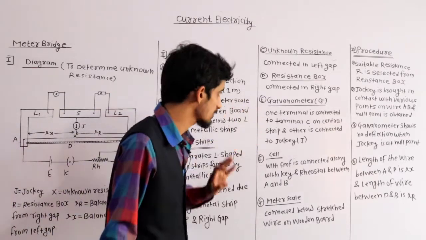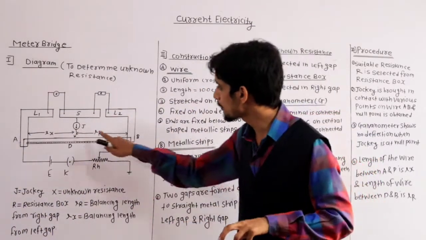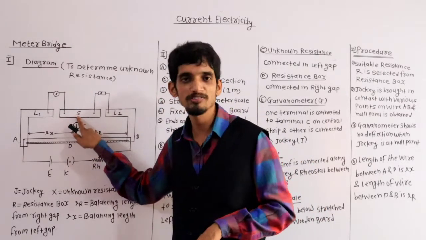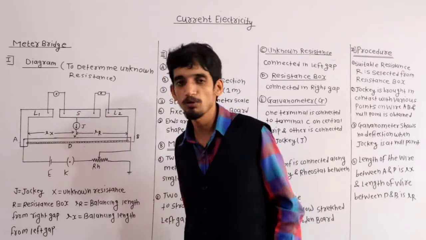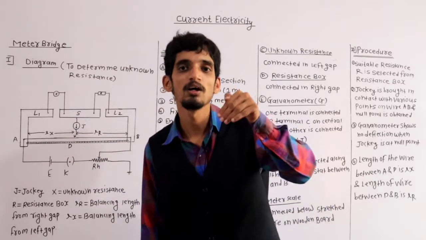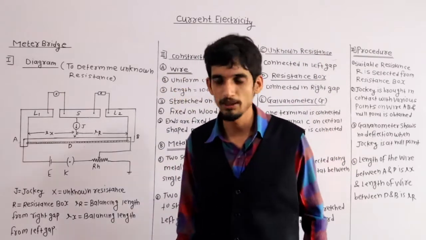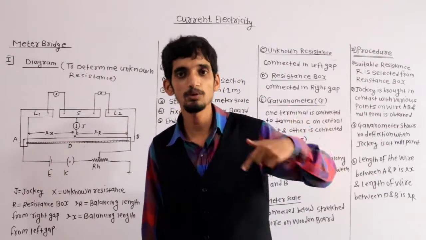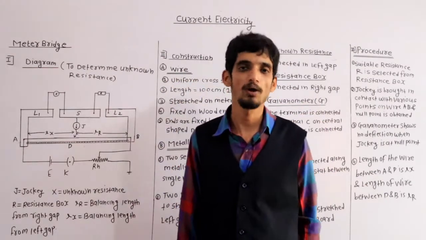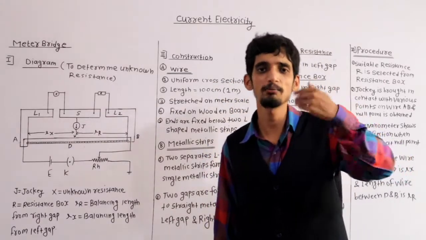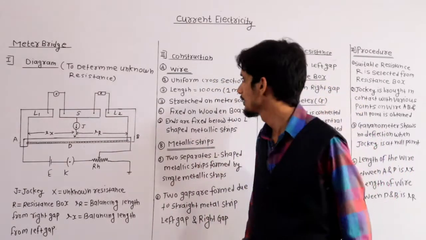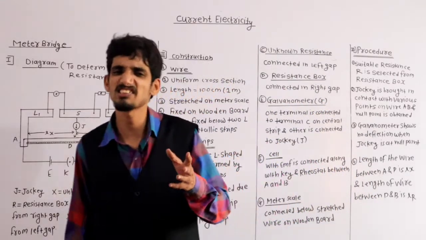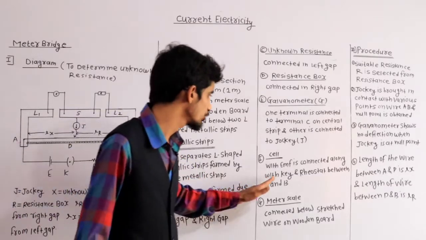Okay, now the galvanometer. One terminal of the galvanometer is connected to the central point of the straight metal strip, and the other terminal of the galvanometer is placed on the wire through the jockey. It means this second terminal of the galvanometer is connected to, actually what? It is connected to the jockey, and the jockey is connected to the wire. Connected means it is placed on the wire. We have to tap it. Then the cell. The EMF of the cell is E and its internal resistance is very, very low. That's why I assume it to be 0.